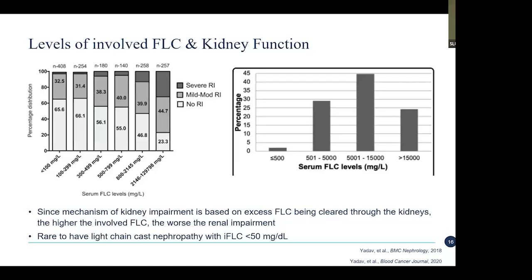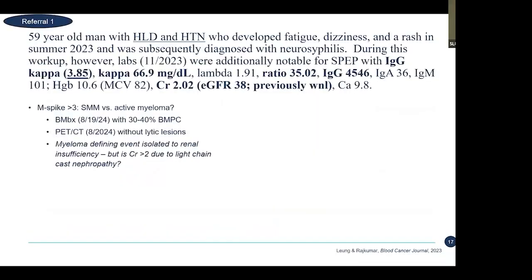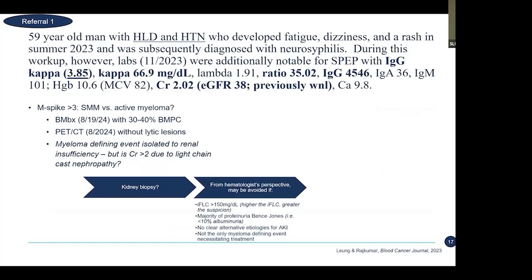In this situation, though, the case that I presented, the involved free light chain was 66. And so it's right in this middle, where it could be, but maybe not. In this study, at least 55% of people that had free light chains around this threshold did not have renal insufficiency. So what do we do when we're still in this question? Well, that's really when we think about kidney biopsy. And so from a hematologist perspective,